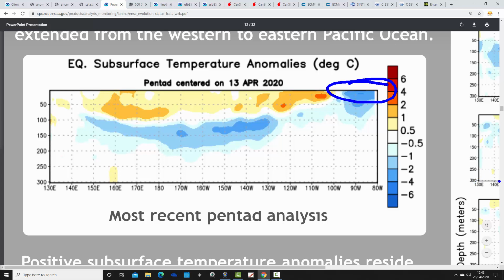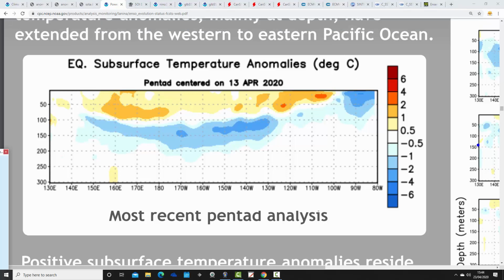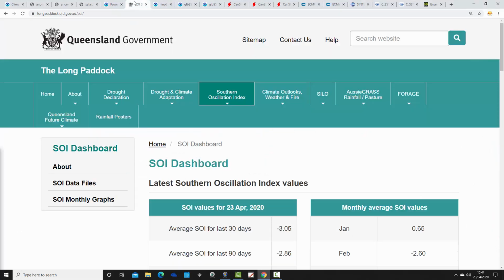If that area of colder than average subsurface temperature anomalies continues to expand over the next month or two, then it's possible we will see the slightly above average temperature anomalies just underneath the surface beginning to get swamped and broken up, and we see the colder than average anomalies rising up to the surface. If that happens, then we could start to move in towards a La Nina event, depending on what happens with the atmosphere. So the next thing to look at is the SOI, the Southern Oscillation Index, which is from